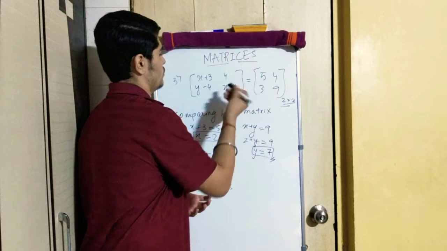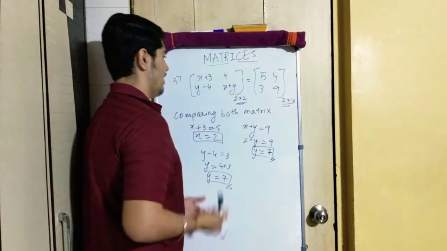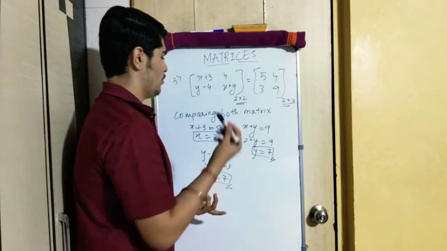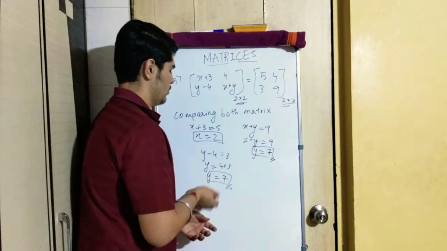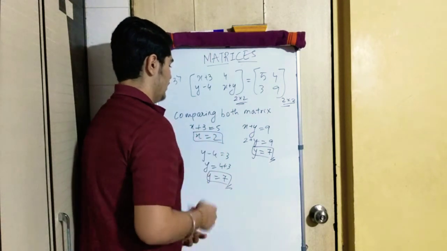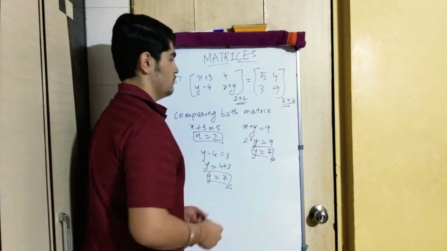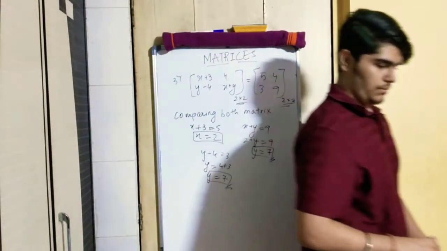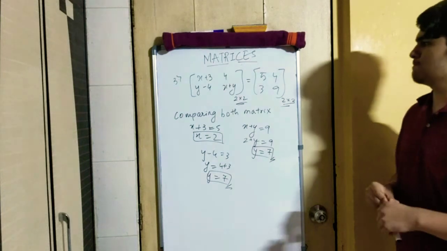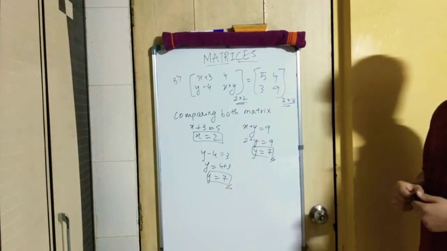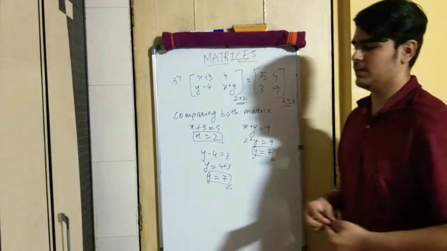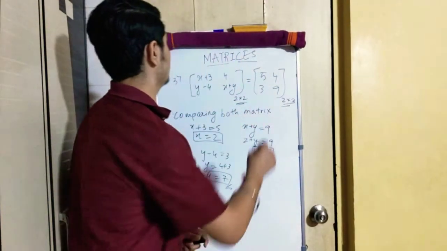Or else if you don't want this equation, you want just the values of x and y, you can just solve these two equations. You can totally solve these two equations, these two are easy. The second variable is not given, so it's easy to solve. You can copy it down. So I hope you have copied it. We move on to the next question.